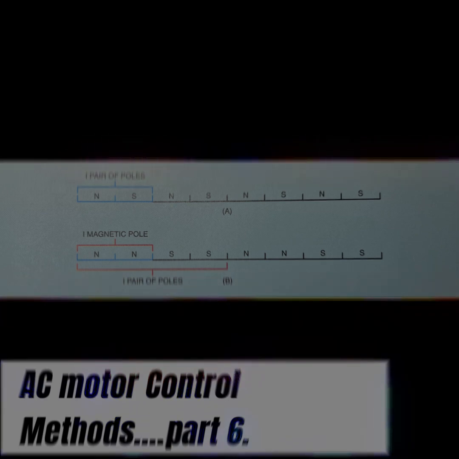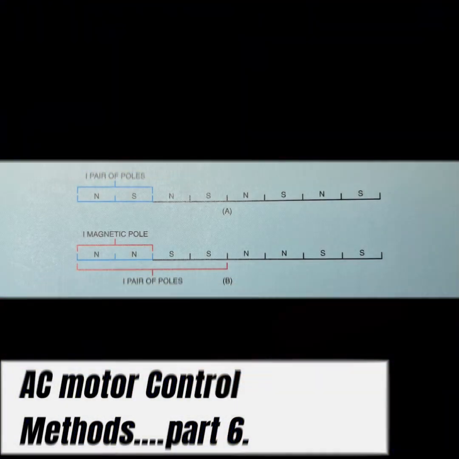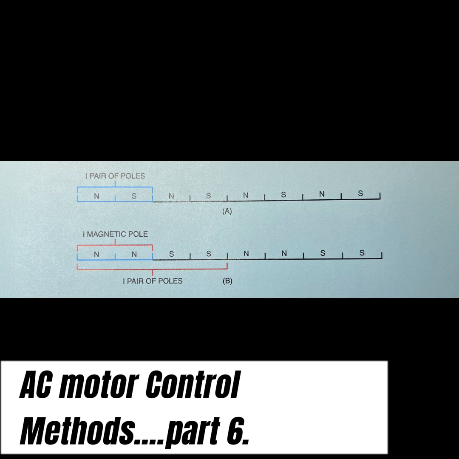Today is part 6 of AC motor control methods. We're going to talk about consequent pole motor control. We're going to talk about markings for a 2-speed, 1-winding motor controllers and the motor. We're going to talk about the purpose and function of a 2-speed and 1-winding motor control starters and motor. And we're going to talk about the connections of 1-winding controller and motors and two-speed starter with reversing controls and